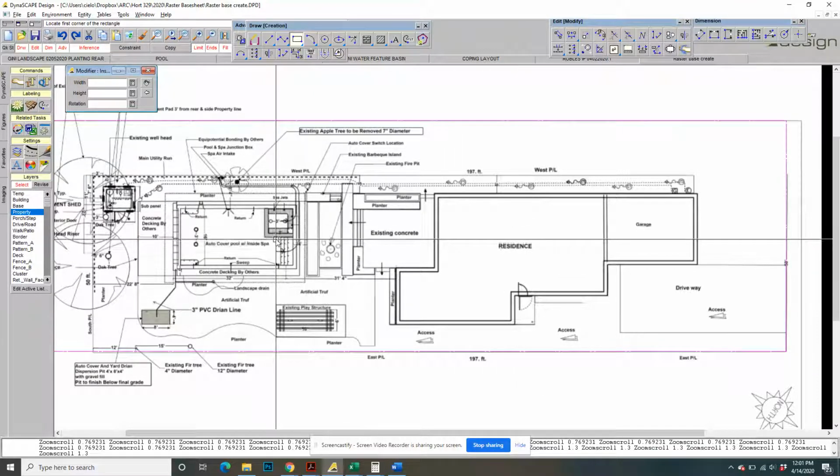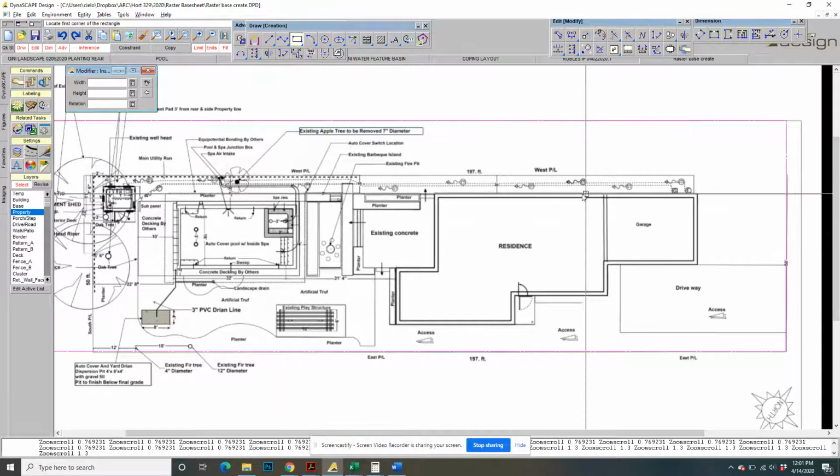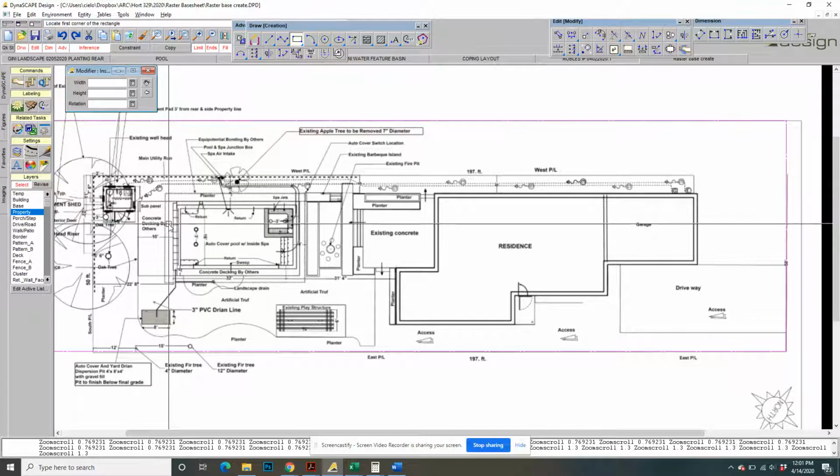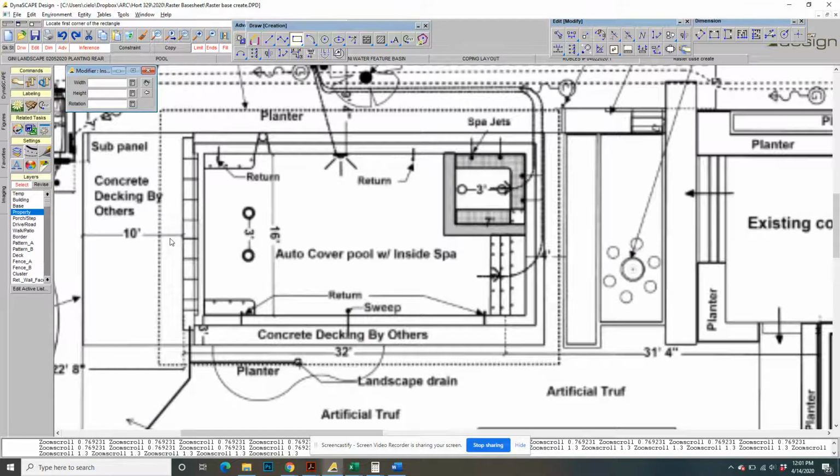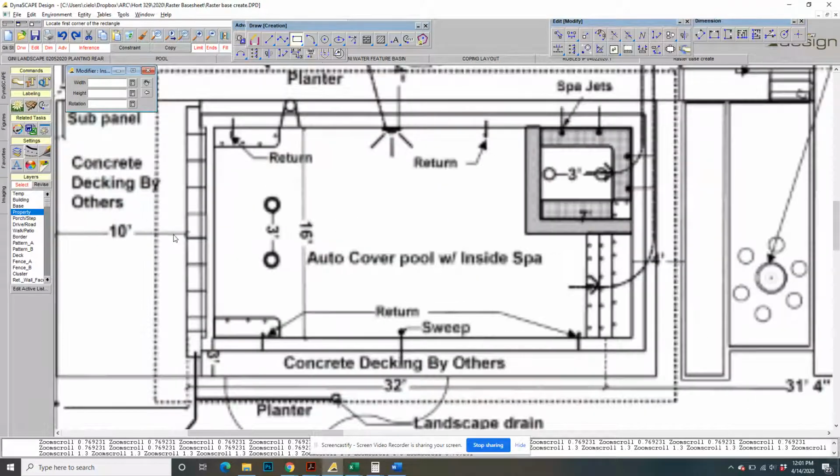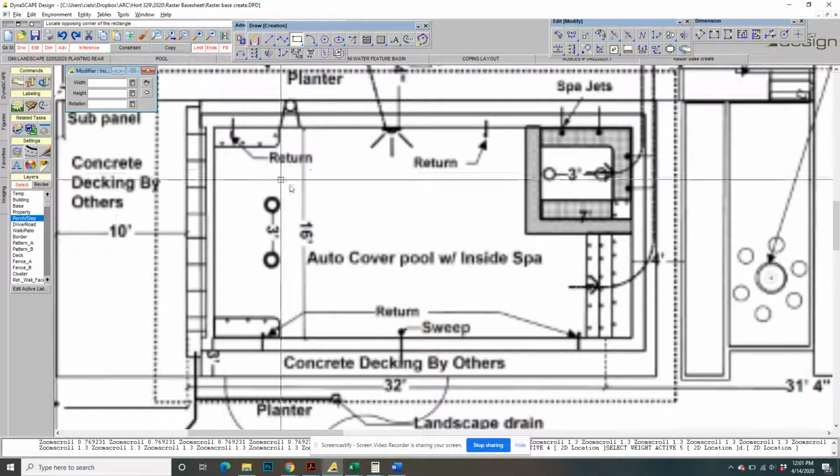The next thing we need to outline is, let's do the pool next, huh? So I'm going to zoom in. This is showing me the pool and pool coping. Okay, so the pool line, I'm going to use a porch step line to do it. And I'm going to do a rectangle again because it's pretty rectangular. Okay, so I'm going to give it a click